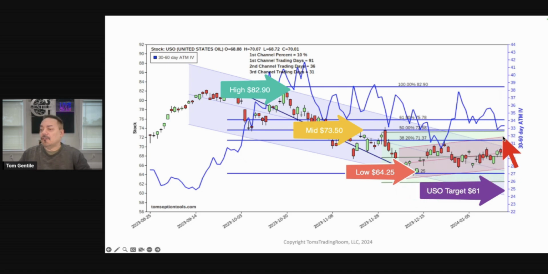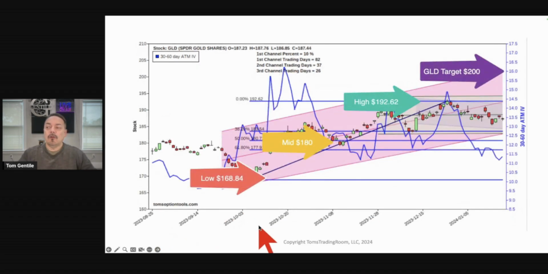Expect some resistance above 71. If the downtrend continues, target 61, but the seasonality for oil changes to bullish about this time next month. So this has to happen inside of 30 days. All right, finally, in the area of four corners, we're going to look at chart number 5, which is another